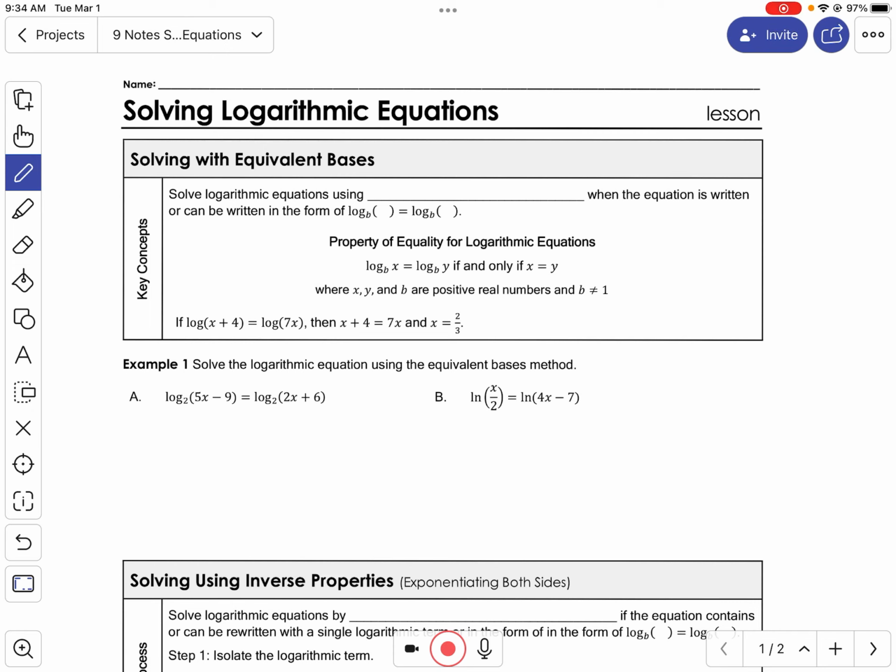Okay, so in this lesson, we're going to be solving logarithmic equations. We've gone over how to solve an exponential equation. We're going to go over how to solve a log equation. It's very similar to exponentials. There are several ways of solving these types of equations. The first way that we're going to look at is equivalent bases. So solving logarithmic equations using equivalent bases